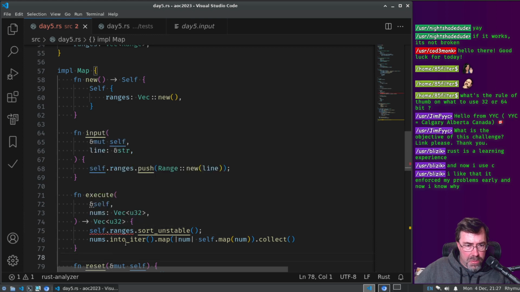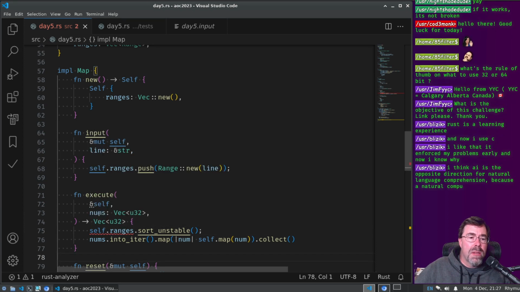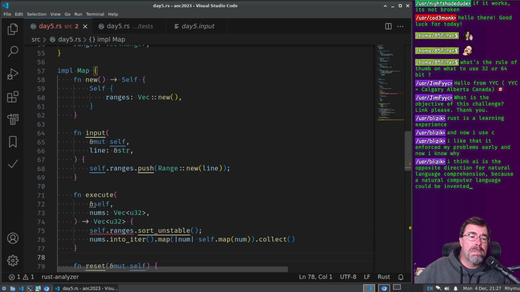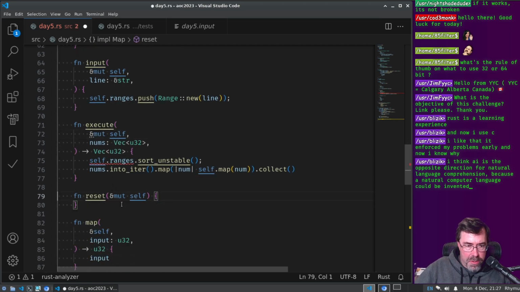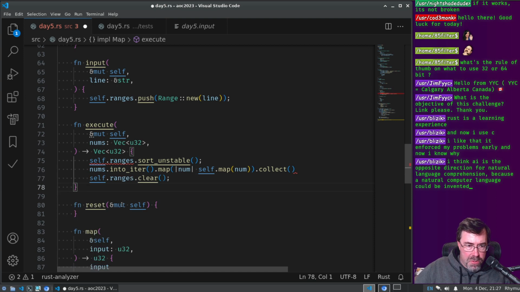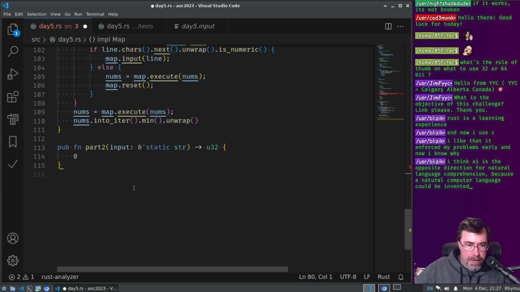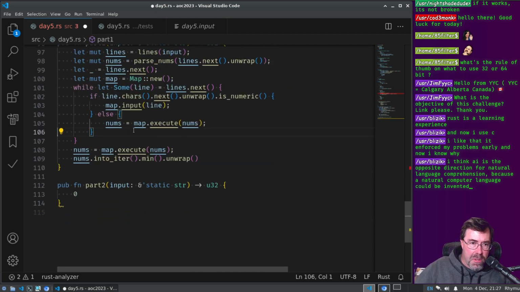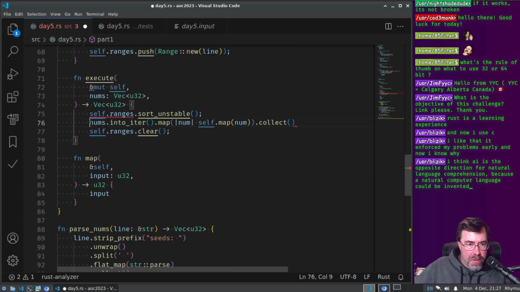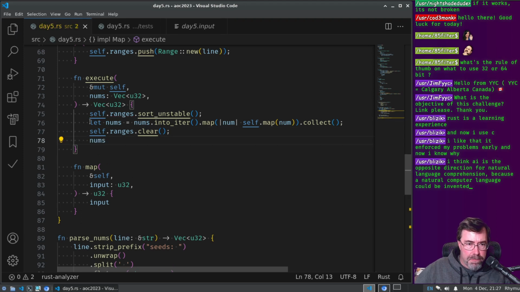It has to be mutable. Oh, that is what. Okay. If it's gonna be mutable, then I might as well do that and get rid of reset. But then I do have to say new let nums equal, and then return nums there. Okay. Like that it enforced your problems early, and now you know why.